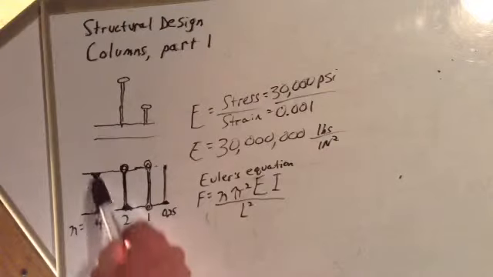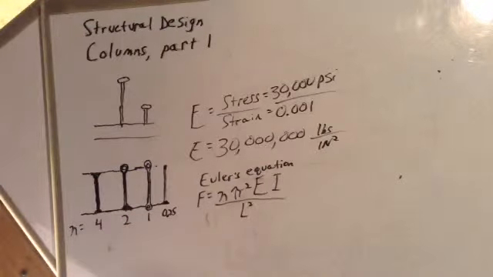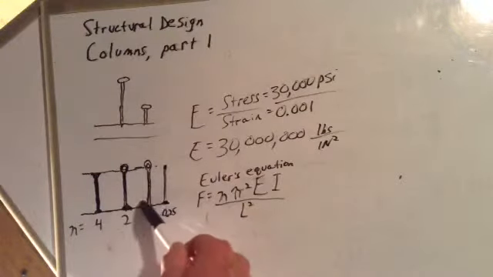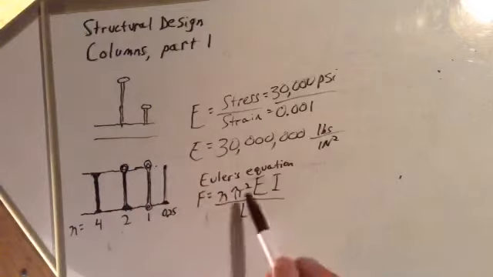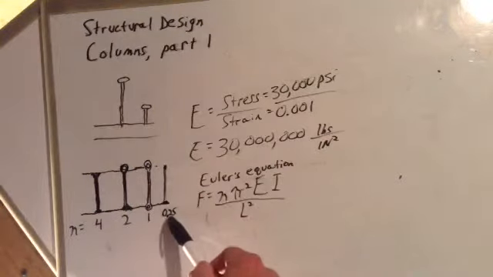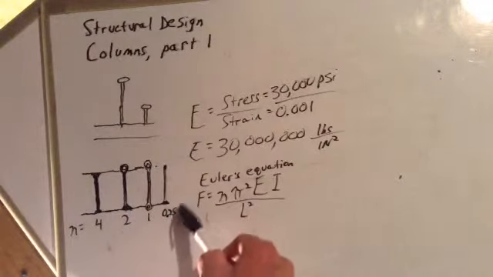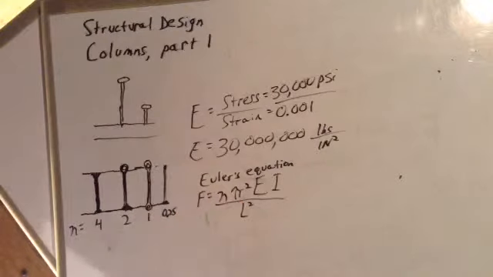So N is 4 for the strongest of columns, those that are fixed at both ends. N is 2 for fixed at one end, pinned at the other. N is 1 for a column that's pinned at both ends. And N is 1/4 or 0.25 for a column that's free at one end. This equation can be found at the website